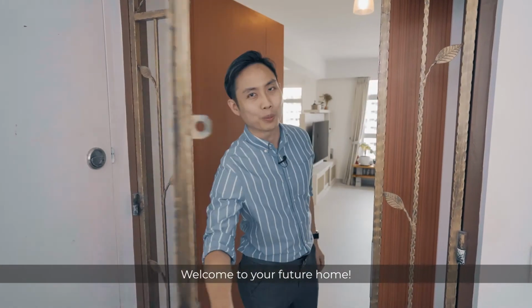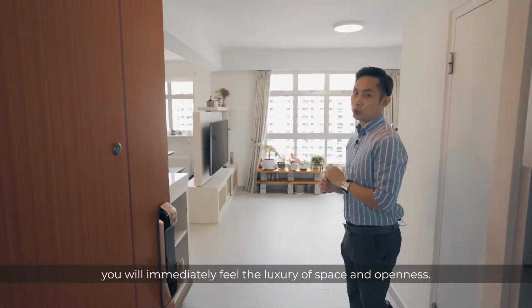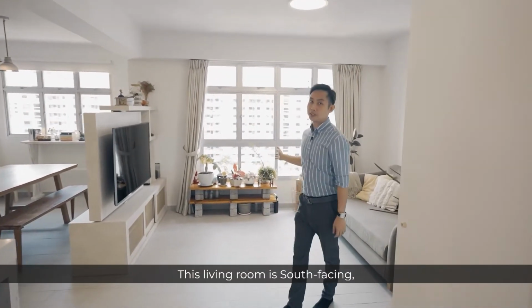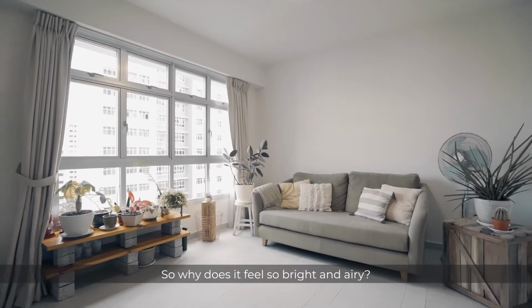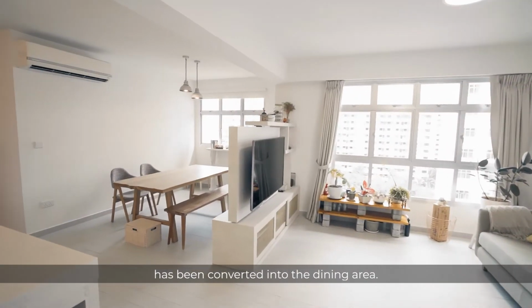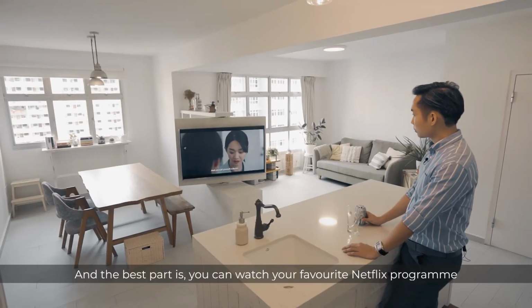Welcome to your future home. As you step through the front door, you will immediately feel the luxury of space and openness. This living room is south-facing, so you get no west sun. So why does it feel so bright and airy? That's because one of the bedrooms has been converted into the dining area, and the best part is, you can watch your favorite Netflix program from here,